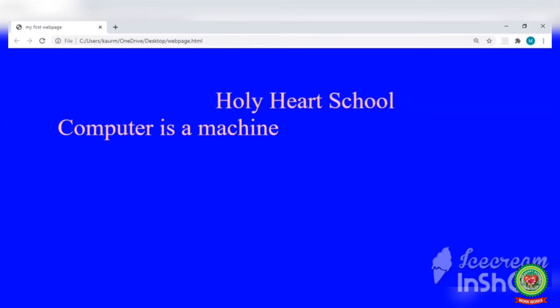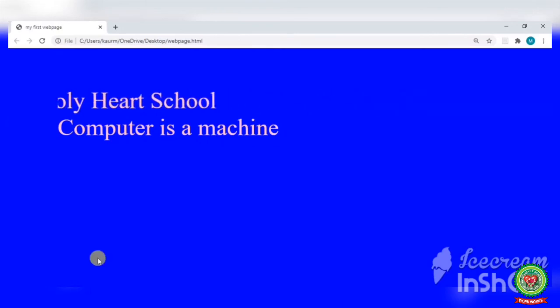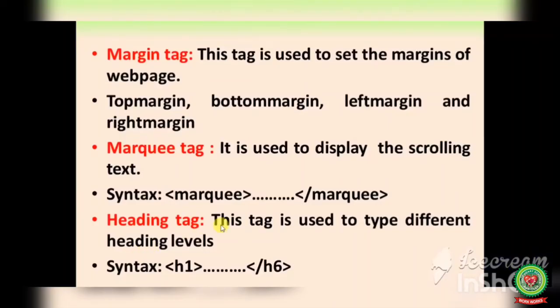The next tag which I am going to use is the heading tag. This tag is used to type different heading levels, and we have 6 heading levels, H1 till H6. Now see how we can apply this practically. Now open Notepad.